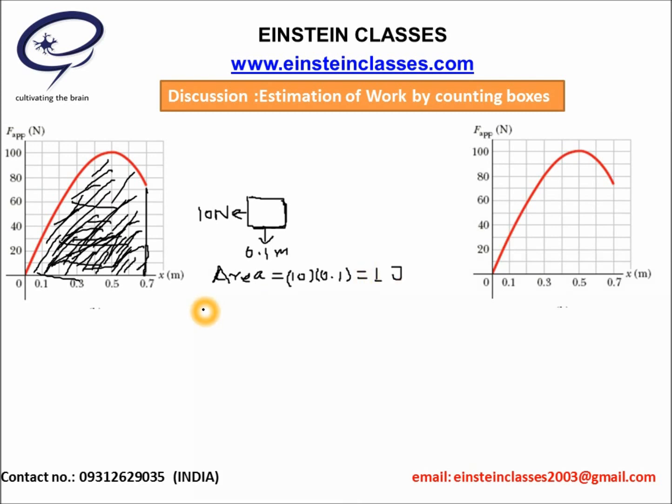Now to find the total work done, we have to calculate the total area. First of all, count the complete boxes. There are 42 complete boxes that you can count yourself. There are some other boxes which are not complete, but they can be approximated into 6 to 7 complete boxes. That means the area under this graph will contain approximately 48 to 49 boxes. Hence the approximate work done will come out 48 to 49 joule, because this will be considered as approximately 48 to 49 boxes and each box has the area of 1 joule.